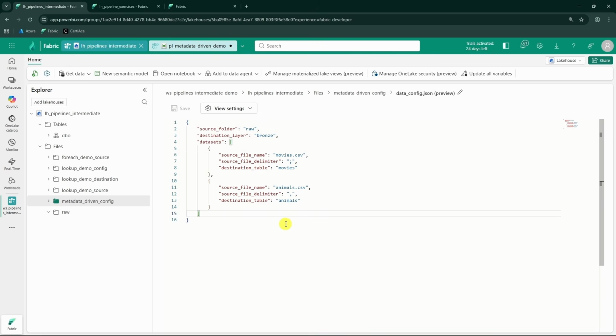Another point is that I really like how JSON files can be incorporated into the version control and CI/CD processes, but that is a bit more advanced topic. But I think those are some beneficial reasons why you should consider using JSON files over database tables for your metadata-driven configs. In this configuration, I have the instructions, what is the source folder,